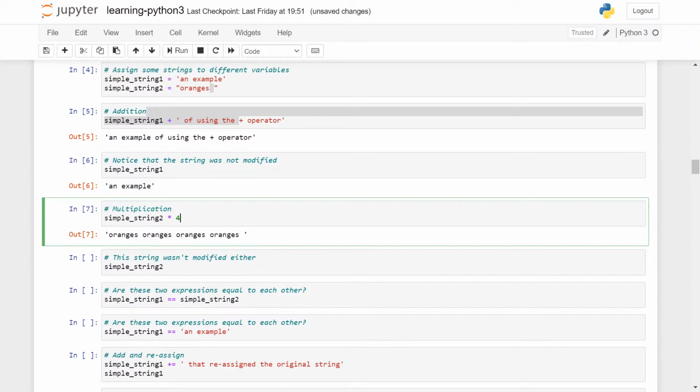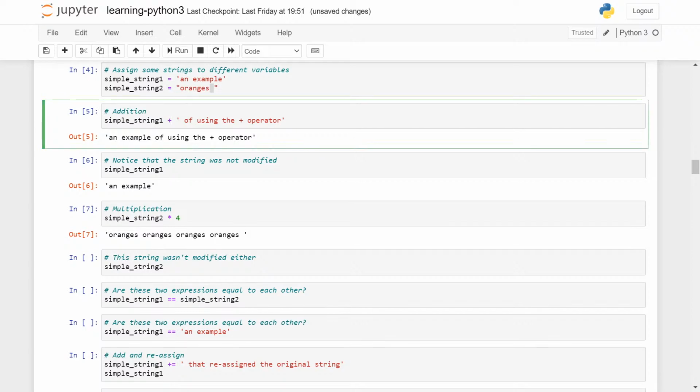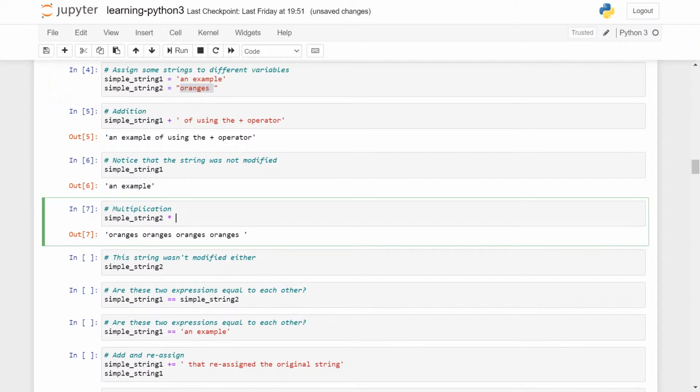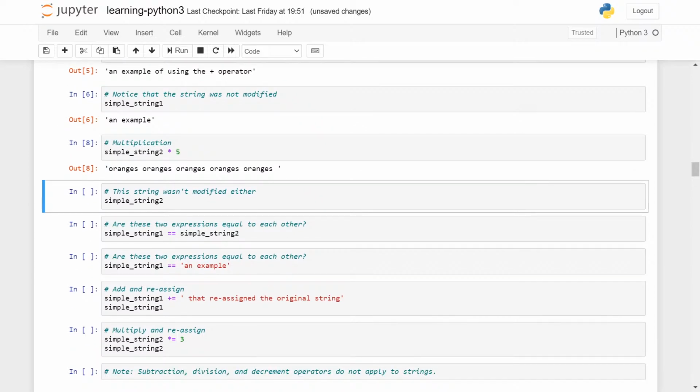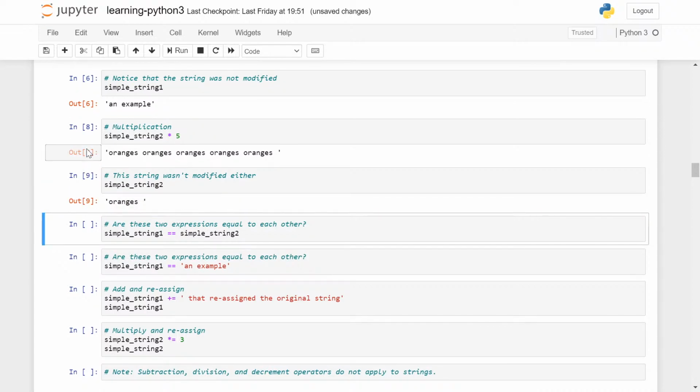But when you multiply a string by 4, the output is that whole string 4 times: oranges, oranges, oranges, oranges. Let's make it 5 and see if it works. See, 1, 2, 3, 4, 5. So you decide how many times you want to print things. There are a whole lot of places where this can help. We'll see that in the coming lecture. This string wasn't modified either, obviously. Here we multiplied it by 5 and printed it, but we did not do anything to that string.